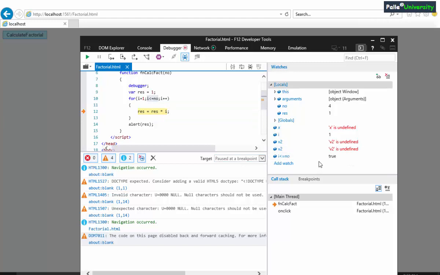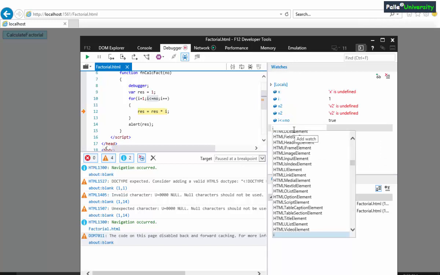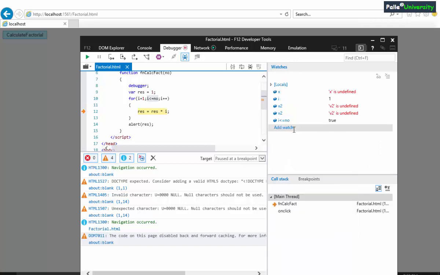If you want to verify anything, you can click on add watch, and once you click on add watch, you will see a box like this. In case you want to verify something else, let us say I want to check i greater than 20 or not. Let me click on add watch again and press enter. It is showing i greater than 20 is false. By clicking on add watch, I can verify the expression result.